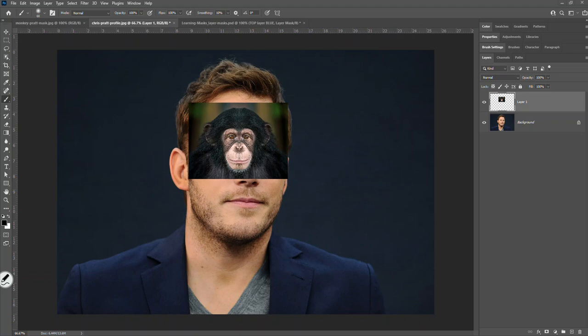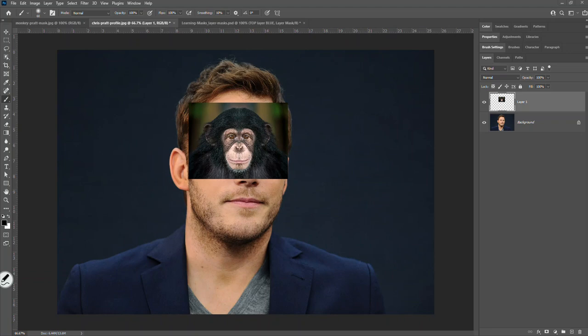Like when we pulled that beach ball in, was it a good size or what did we have to do with it? We had to make it small. We had to scale it down because it was just too big, right? This is the exact opposite. Monkey's too small. So we need to make the monkey bigger, right? What tool did we use yesterday to scale that beach ball, excuse me? Right, free transform. And we know that the shortcut for the free transform is